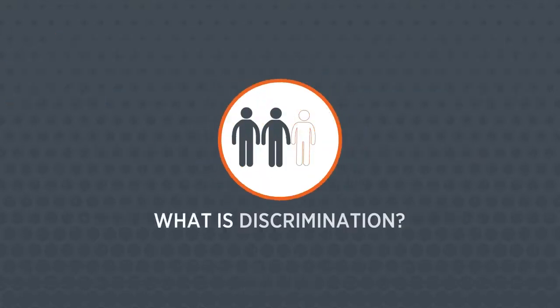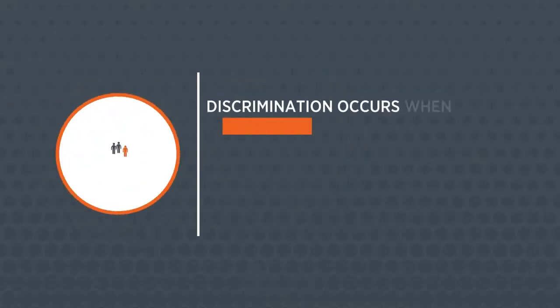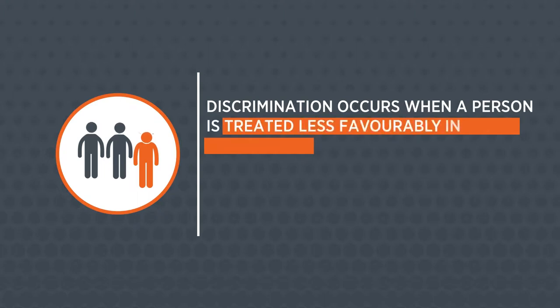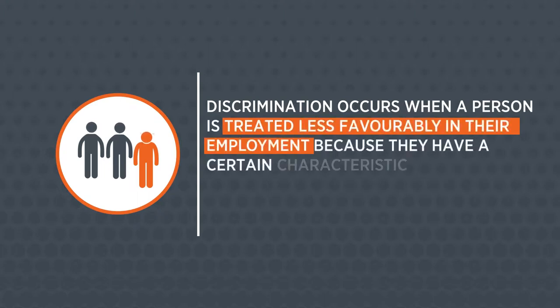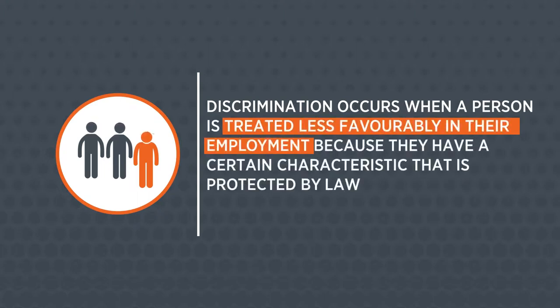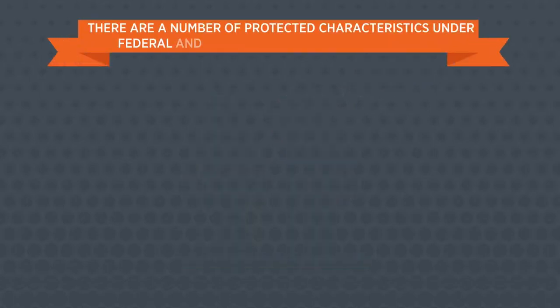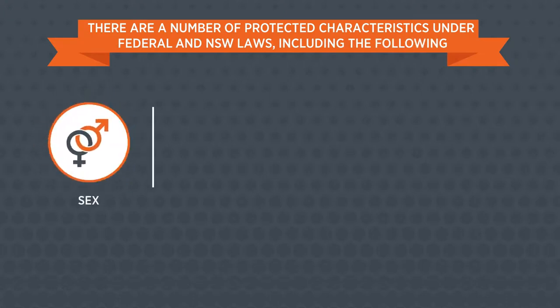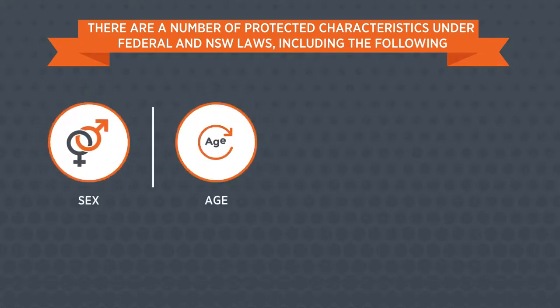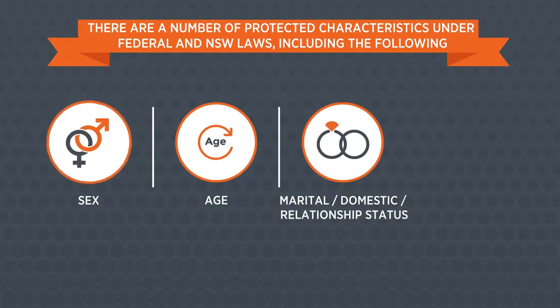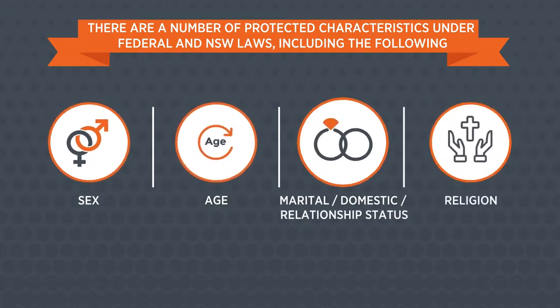What is discrimination? Discrimination occurs when a person is treated less favourably in their employment because they have a certain characteristic that is protected by law. Discrimination generally arises from stereotypes or assumptions about a person who has that characteristic. There are a number of protected characteristics under federal and New South Wales laws, including the following: sex, age, marital,